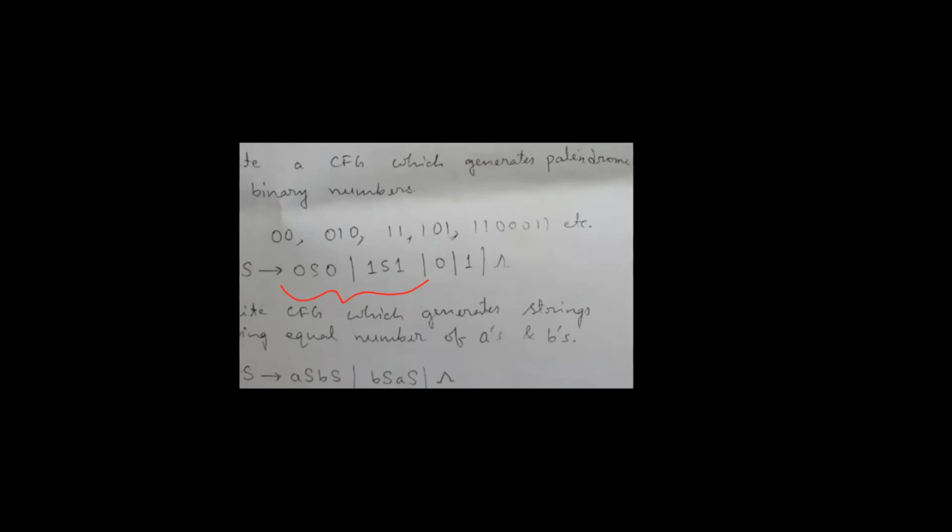Then at last, S can be replaced by 0, or by 1, or by null also. So this grammar produces palindrome strings like 0 1 0, 1 S 1, 0 1, null. All of you are requested after the class to practice this and check how by these productions we can create different types of palindrome. Take a palindrome string 0 1 1 1 1 0. This is a palindrome string.